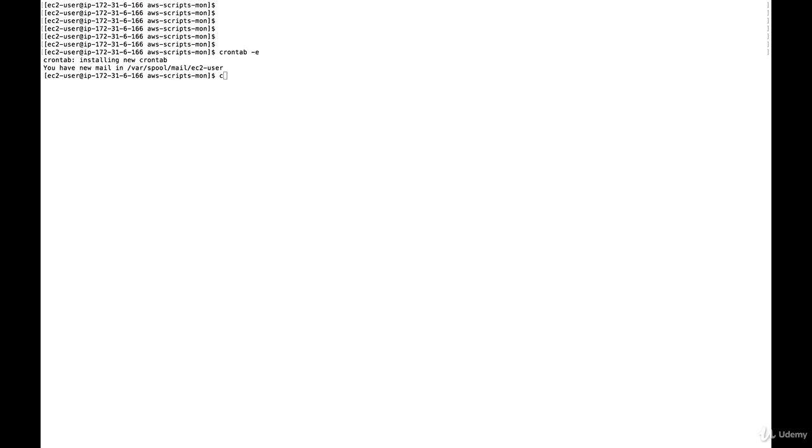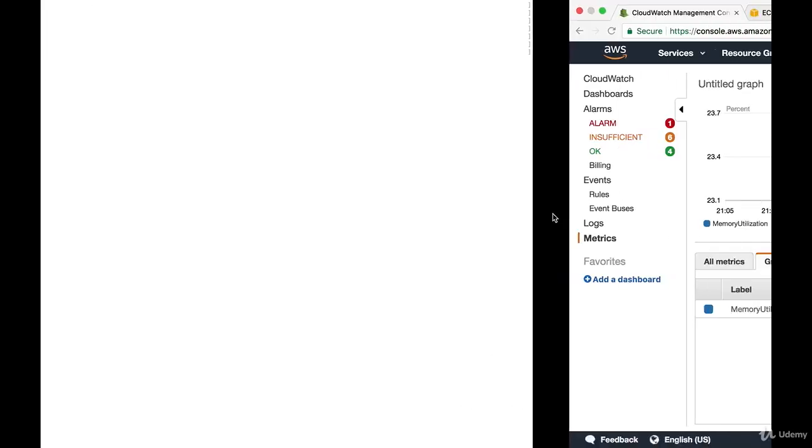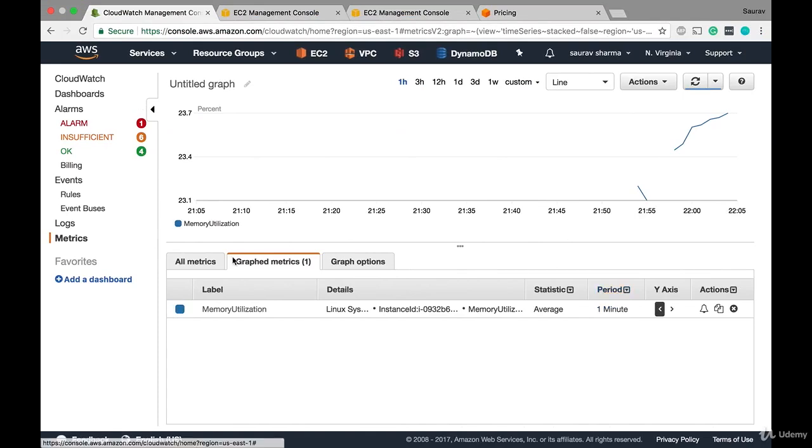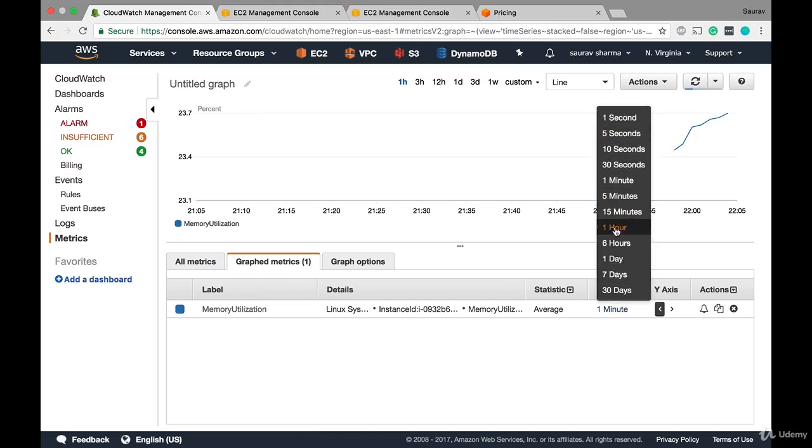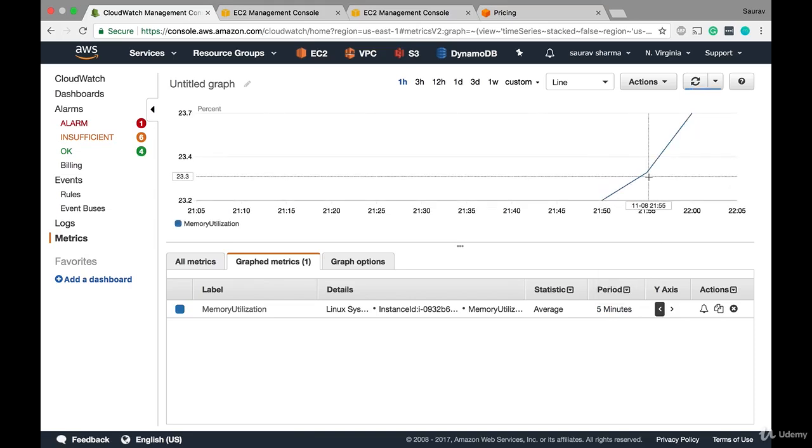After that we manually put the memory utilization metrics by executing that Perl script, and then we set up a cron schedule to put the metrics every 1 minute. Now you can do that for every 5 minutes. If you want it every 1 minute, then make sure you go to the graphed metrics tab and change this period to 1 minute. Otherwise you're going to get something like this,